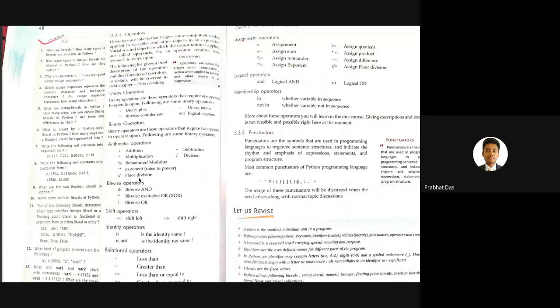In the bitwise operator, we generally perform the operation at the bitwise level. How the operation is done at the bitwise level, let us try to understand. As I said, bitwise level means that we generally perform the operation at the binary level.